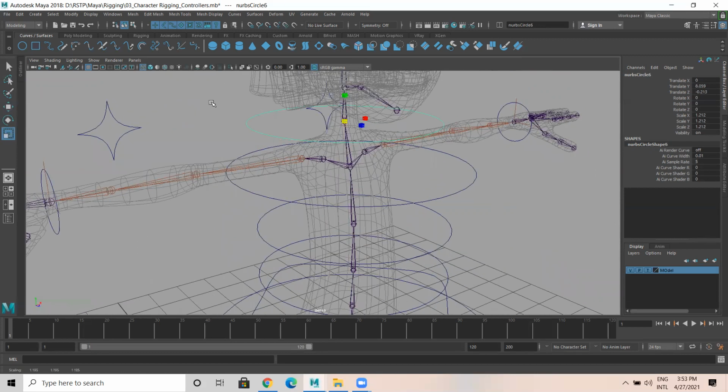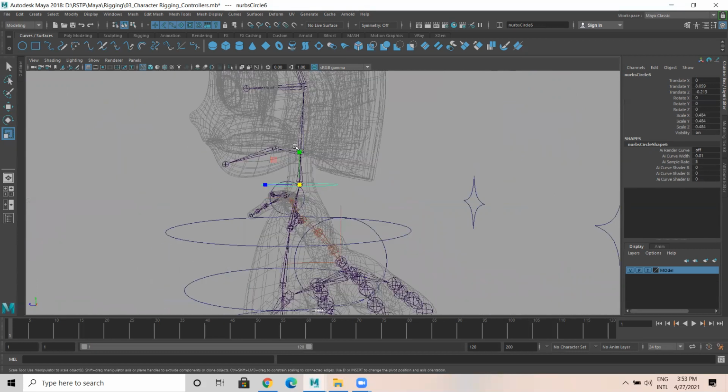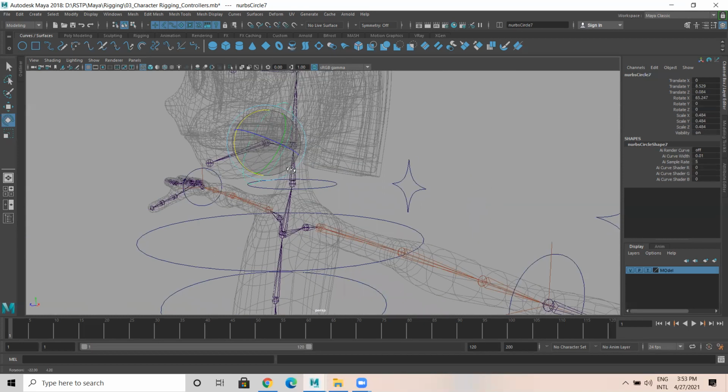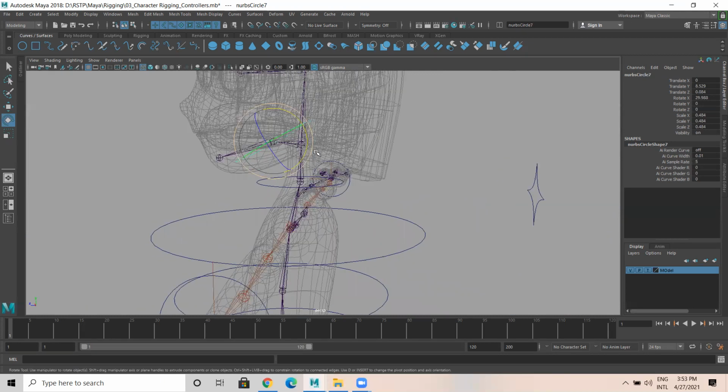Then after this, I duplicate this and add it here. This is the neck controller. After this, I'm going to duplicate and add one here for the jaw controller, and rotate this like this.